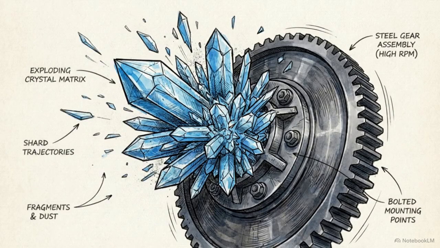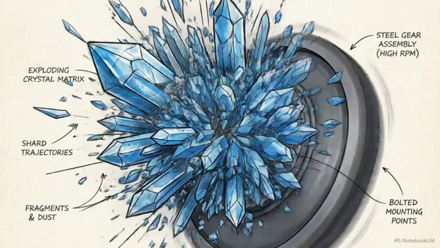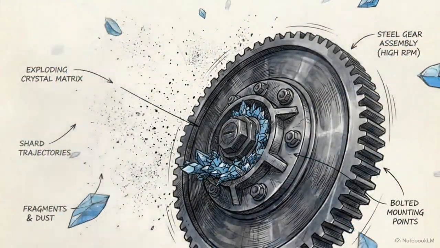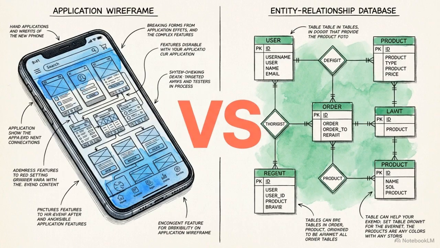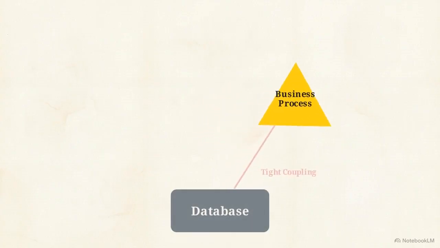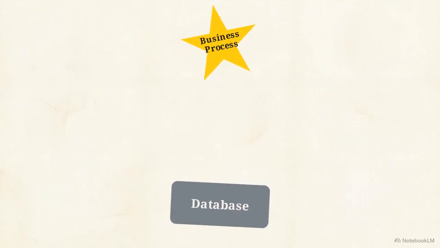Watch this structure. When you attach a rigid, highly specific data schema directly to a fast-moving business problem, it breaks. In the enterprise environment, application lifecycles are misaligned with database lifecycles. This diagram illustrates the problem. When business requirements mutate and pull in new directions, that tight coupling places stress on the underlying data structure until